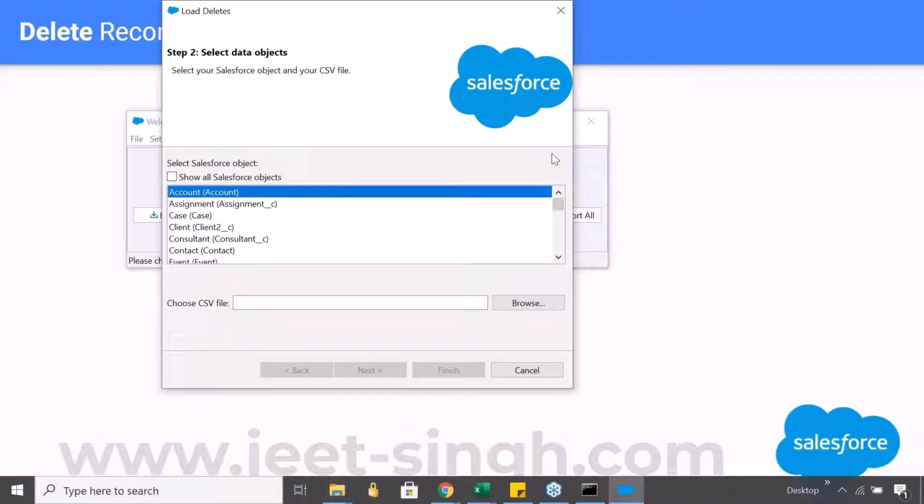Or if I have just done an insert operation, I inserted 500 records. Immediately after the insert operation is done, what do I get? I get the success log file of it. Let's say all 500 records got created successfully. The success log file will have all the IDs, right?